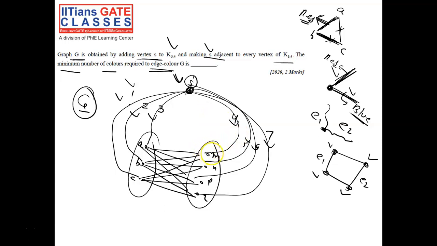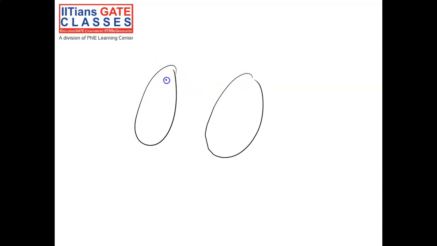Now we do not need any more colors, because we can very easily utilize these 7 colors. I told you that we need at least 7 colors, but more than 7 we do not need. For example, let's assume this is A, B, C, and let's assume this is M, P, Q, R. Once we have already given 7 different colors, 1 2 3 4 5 6 7, to the 7 edges going out of S, we continue.